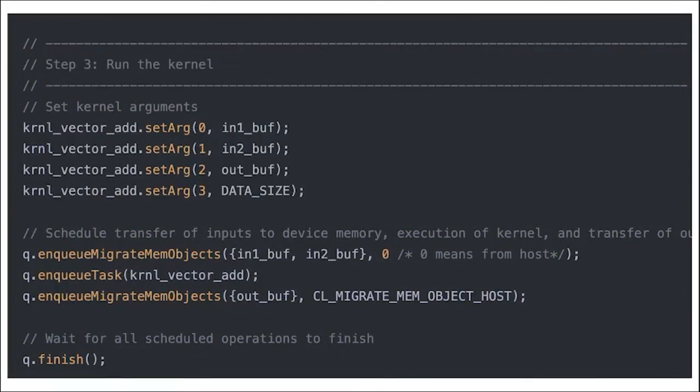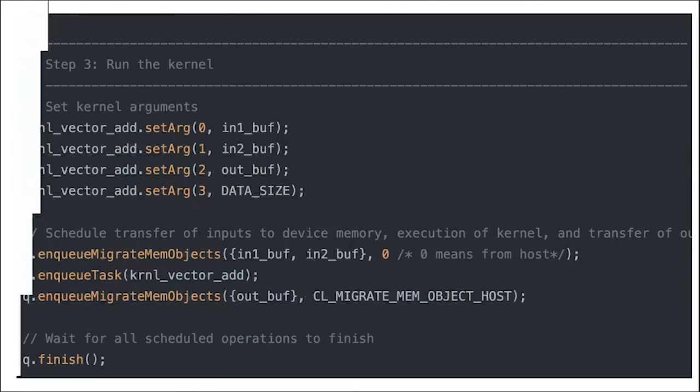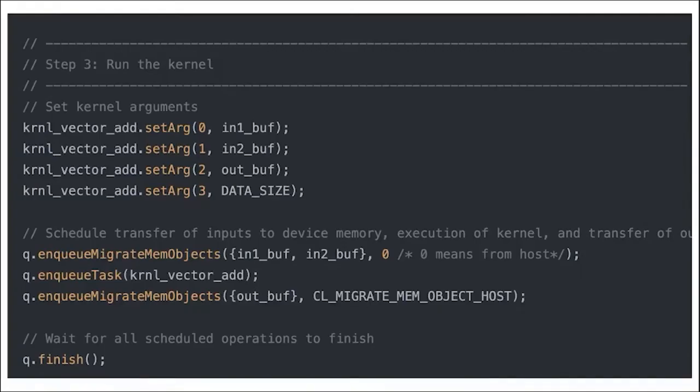So here's the example code. It sets the argument again. I'm not sure why, because the first 4 lines we already do in this part too. The set argument we do here, but when we run the kernel, we set the kernel argument again. I'm not sure why. But the most important thing here is how we schedule the data transfer